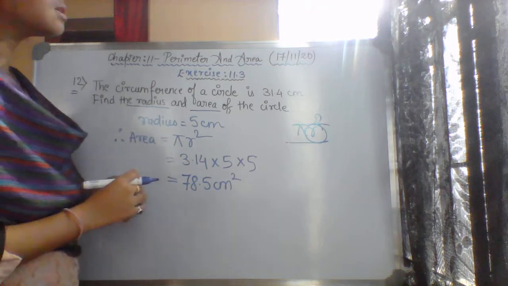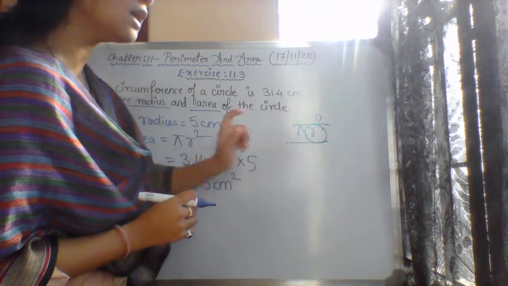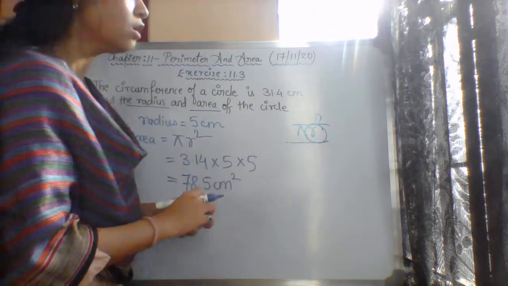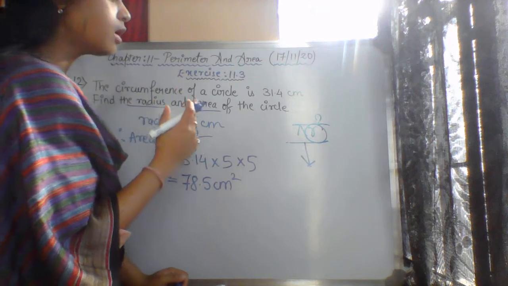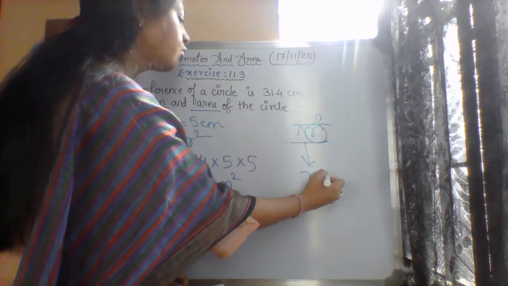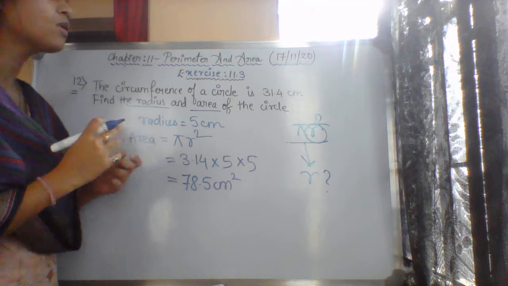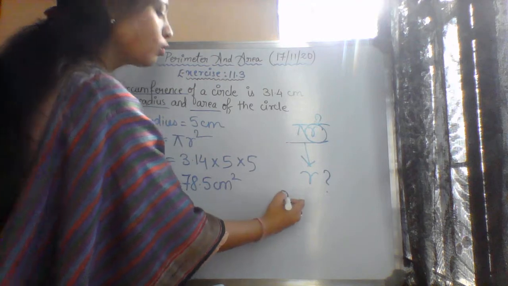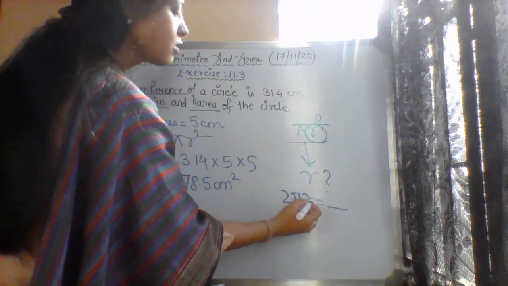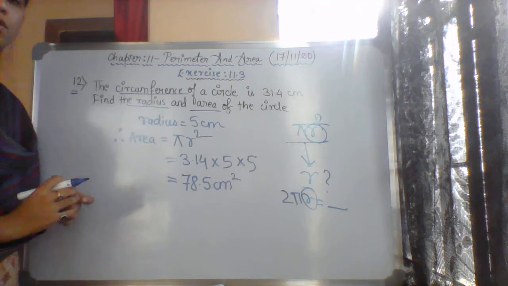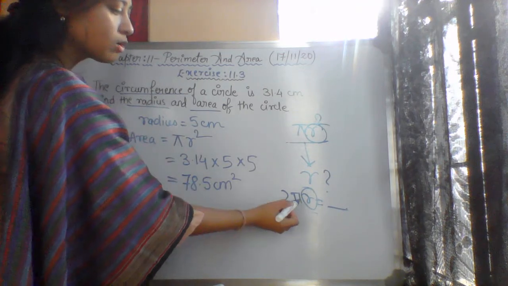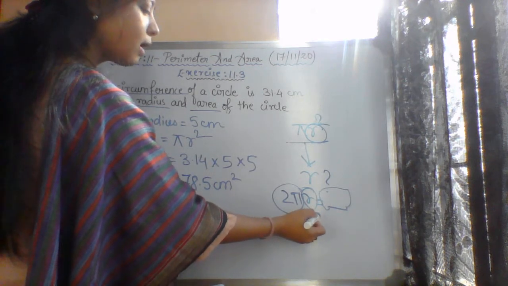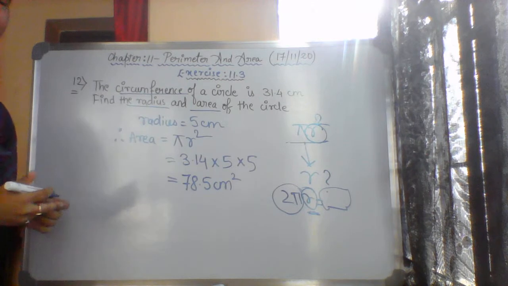So first, to find out the area, we need the radius. So do the back calculation. To find the area, pi r square, if we don't know r we cannot find it. So anyhow, I have to find out r. How can I find out r? Take the help of the given sentence, circumference. If the 2 pi r value is given, you can easily find out the unknown part. Only one unknown part, that is r, because these two are constant and this value will be given. So after finding r, from there you will get the area.